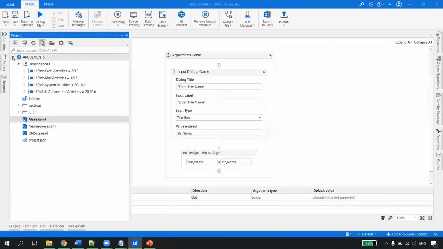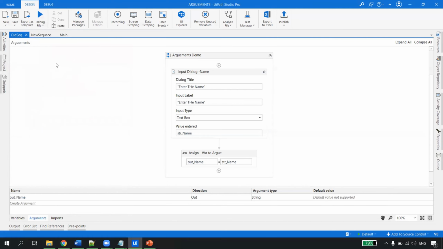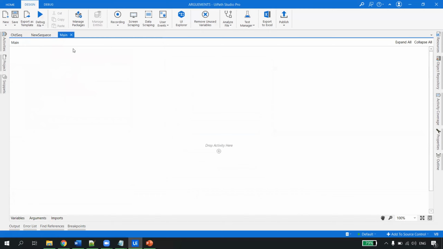So this is your complete project, right? The project starts with main. Whenever you run any automation, it starts from main; it is the starting point of every automation. I think you would have studied this in C# or VB.NET also. You create a main function at the beginning. So now do you understand the difference between Run File and Run? Now let's say I want to run the entire project.